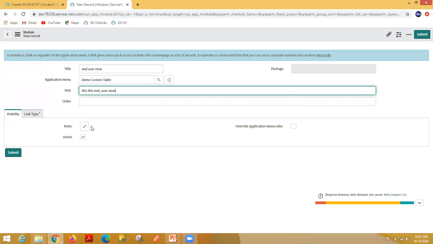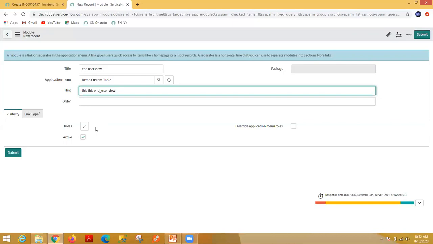Let's say suppose if I have the end user role, only that particular role user can see this module. If I am an end user, I have that role associated with me, so I can see that particular module, and when I click on that module, it will open the demo custom table form in an end user view.